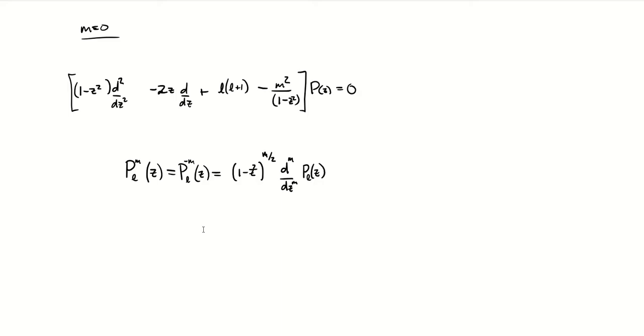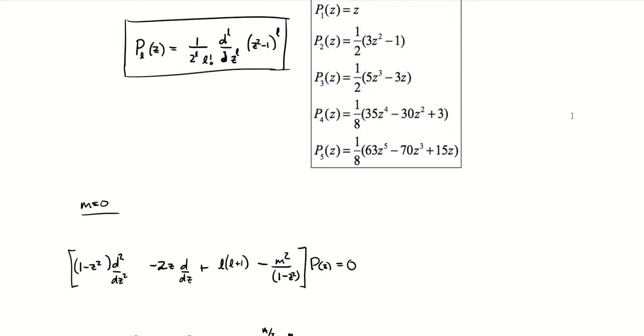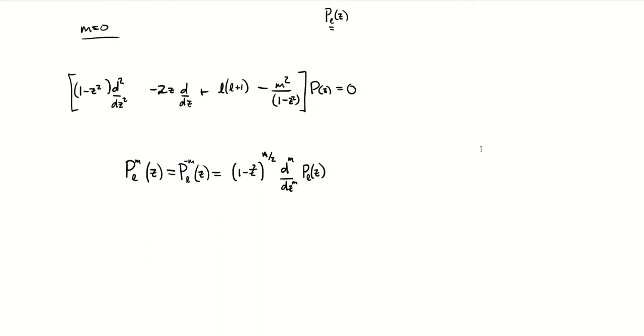Now, one of the things we can notice here is we just discussed how the Legendre polynomial P_L of z is a polynomial of the Lth degree, right? So if we take the mth derivative of it, if m is greater than L, this derivative term is equal to 0, so this function goes to 0. So what we've essentially shown is that the value of m has to be less than or equal to whatever our L is. So keep that in mind.